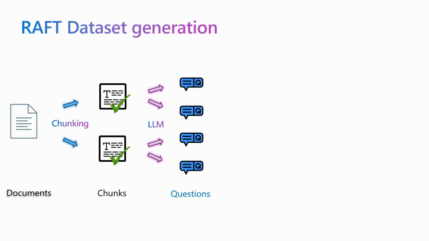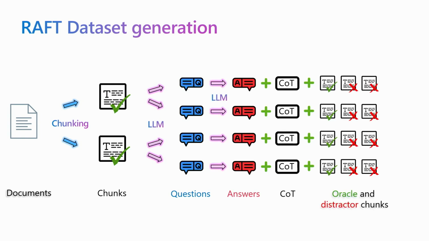And for each of those questions, we then, in a separate phase, generate a few things. An answer, as well as a chain of thought. So chain of thought is now a very well-known pattern in the, I'm going to say, prompt engineering space, which allows us to get very good answers, and answers for which the model has gone step by step to explain how it got to that answer.